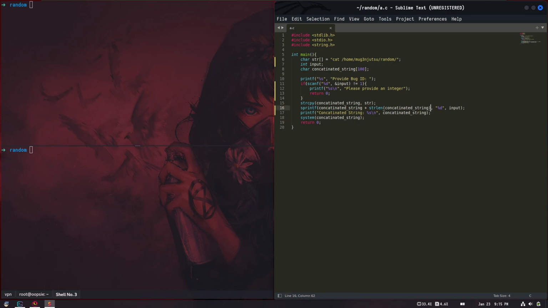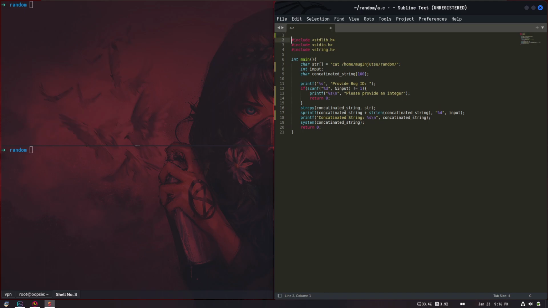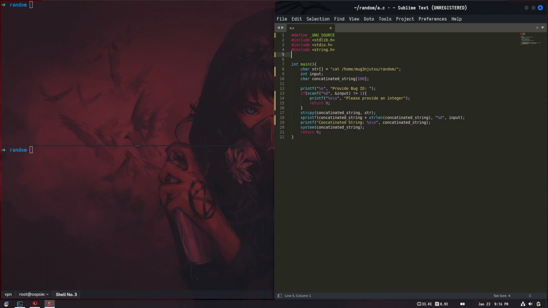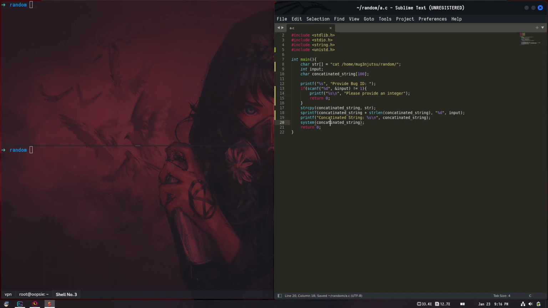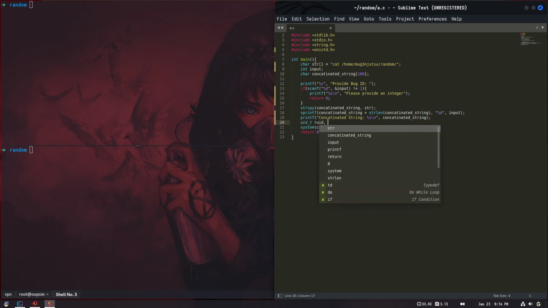So let's see, what do we want to do next? I want to add a few things here. I'll do _GNU_SOURCE, and I'll do unistd. So what I want to do is print all the UIDs right before I run system. So I want to print, okay, what's the real user ID, what's the effective user ID, what's the saved user ID, the minute I'm running this binary, right? So I'll do uid_t, I do this,